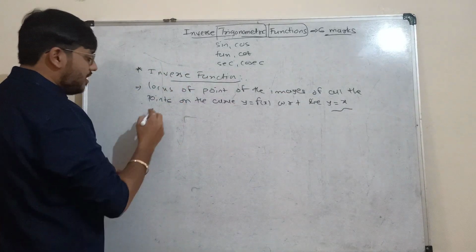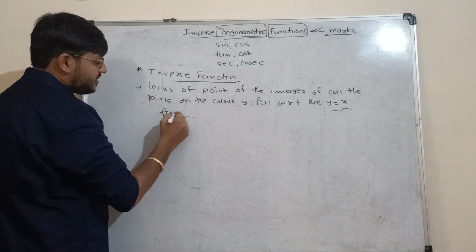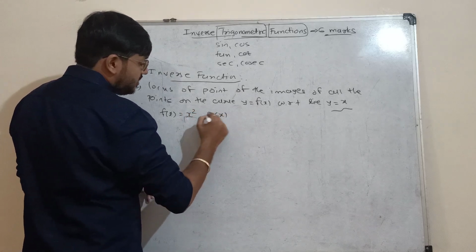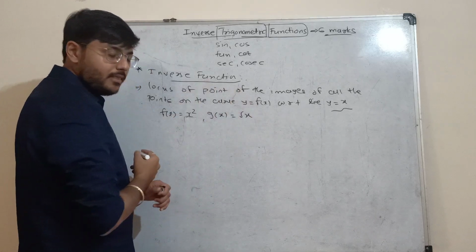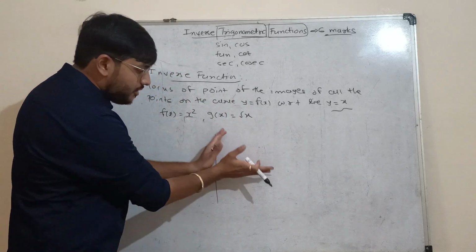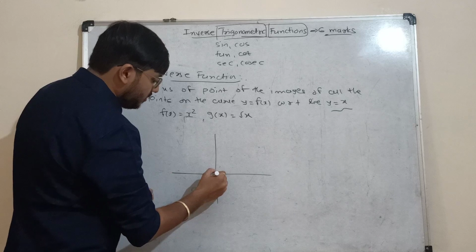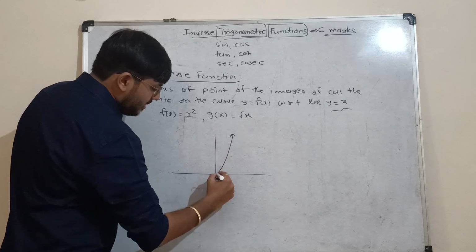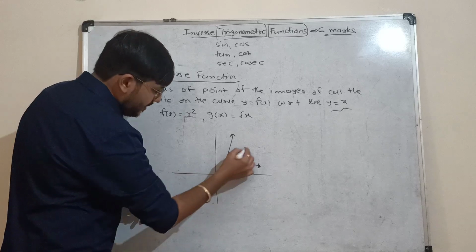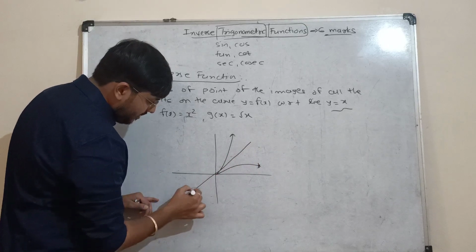So let us talk about two functions. Let's say f(x) equals x square and let's say g(x) equals root x. If I want to plot the graph of these two functions only in the first quadrant, so we know that this is the graph of x square and this can be the graph of root x. Okay, and if I just plot the line y equals x,